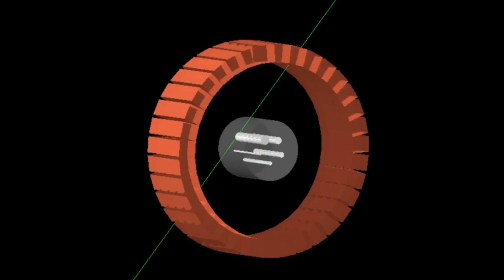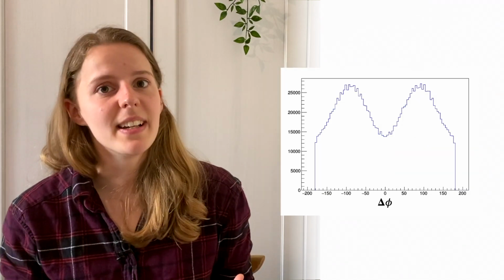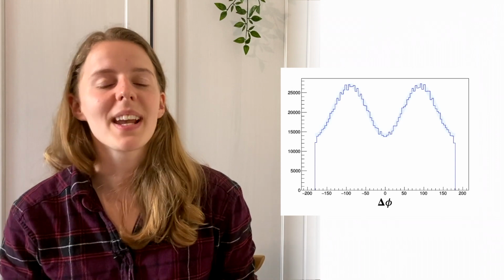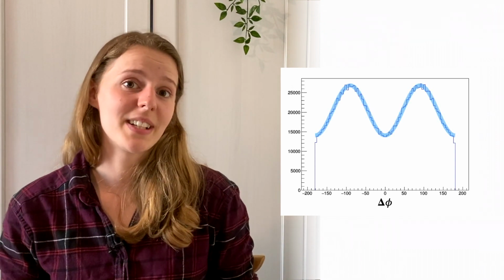Our program then makes a bunch of simulated decay events. Some of them might scatter, some of them don't. Our simulated detectors then look for pairs of photons arriving at the same time. First thing to do is find delta phi, the difference between the angles for all the photon pairs we detect. And as expected, this has a nice cosine shape.